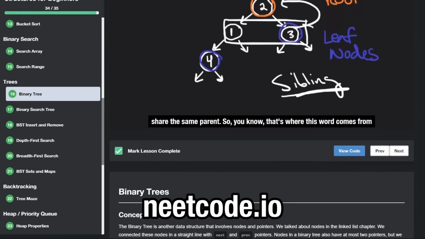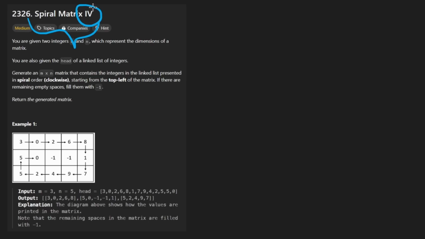So today let's solve the problem Spiral Matrix 4. I think that's 4. I'm not super good at Roman numerals. Once again, we are solving a spiral matrix problem. The good news is that this is pretty similar to all the other spiral matrix problems, and it's actually very